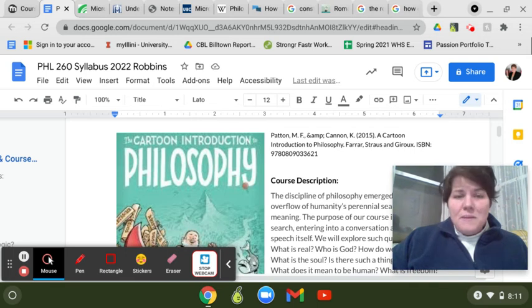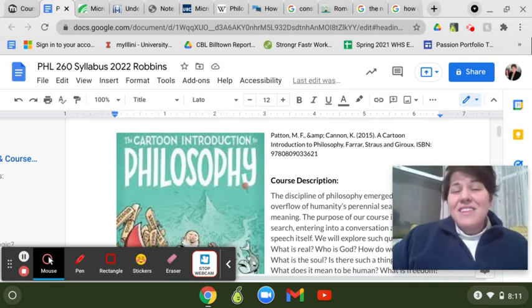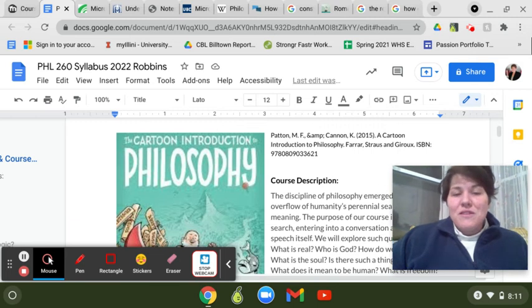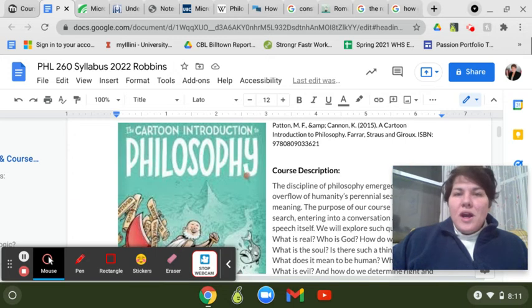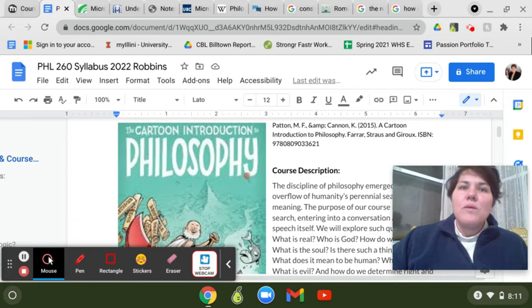It's not super expensive, and I recommend buying it because it's just nice to have it in your hands. I actually think it's a book that you would hold on to and might even reference in the future. Even though it's a graphic novel, it is robust, and it does a really good job of presenting some pretty big ideas, a lot of historical context in a really unique way.